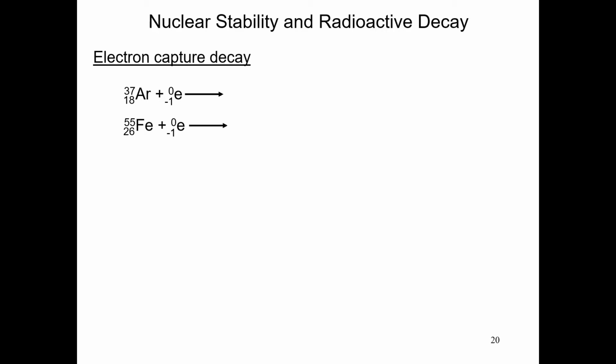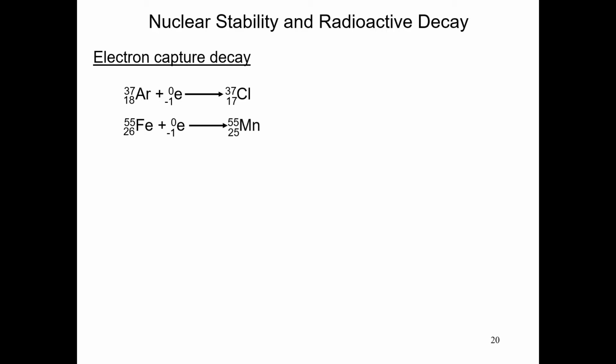Let's see if you can balance the equation and tell me what is the daughter nuclide in each one of these electron capture events. All right, so we would have chlorine 37 for the first one, and correct, manganese 55